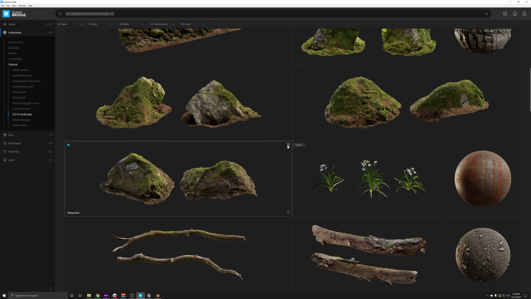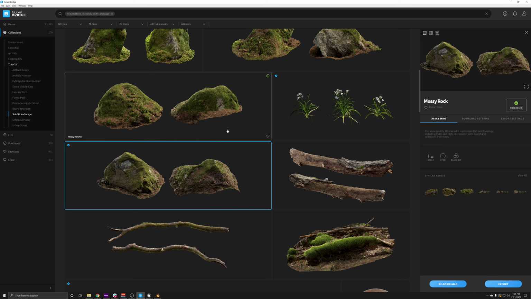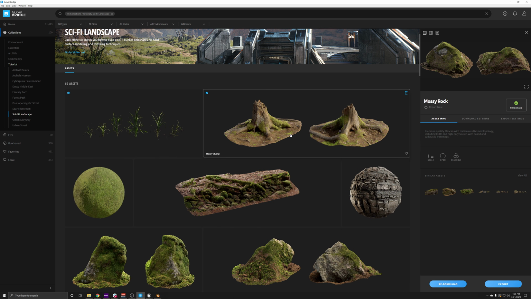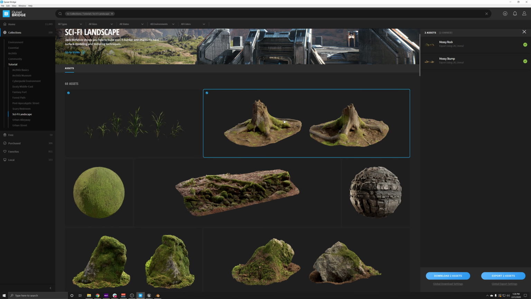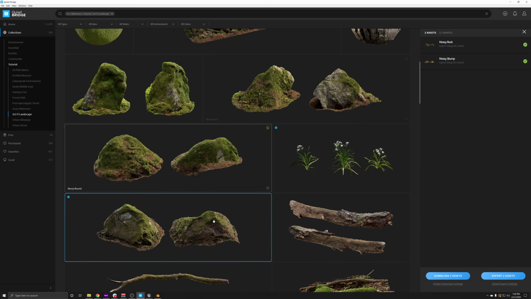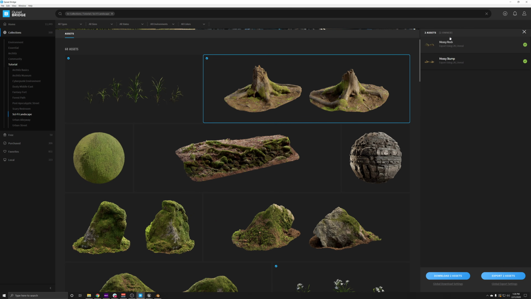Before I do that, another thing that we can do for these super efficient people is click this asset and then hold Control or Shift and click on another asset that we have downloaded. Say, let's go back to the one that I have downloaded before. Aha, so now we've got more than one asset selected. We have this asset and this asset selected, and you can see the panel to the right has updated to show that you've got 2 assets selected. So this is the multiple selection process that we can do.